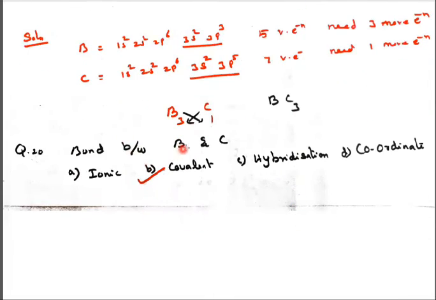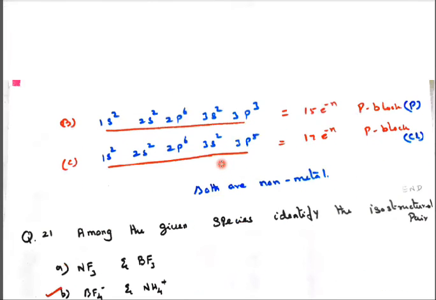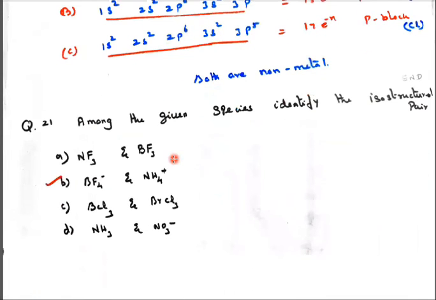The bond between B and C, whether ionic or covalent or hybridization or a coordinate bond. So the same electronic configuration, 1s2, 2s2, 2p6, 3s2, 3p3. Totally it has 15 electrons. Here 10 and here 5, 15 electrons. It is P block, phosphorus. Here it is 10 and here 7, 17 electrons. That is also P block, it is nothing but chlorine. So both are non-metals. So among the given species, identify the